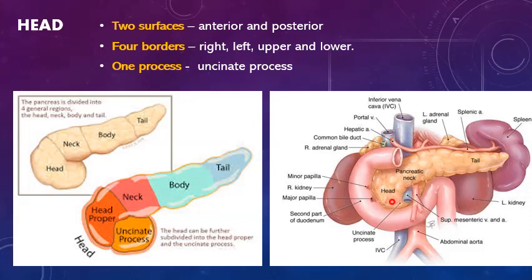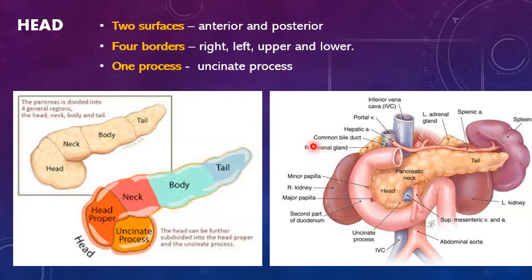Enlarged right end of the pancreas, the right end. This is the left end and this is the right end. So the enlarged right end of the pancreas contained within this concavity of the duodenum, and that is the head. So this head is flattened from before backwards and lies at a lower level than the body. If we see, this body is at a higher level whereas the head is at a lower level. So the level of the head lies opposite to L1 and L2 vertebrae here. This is the head portion.